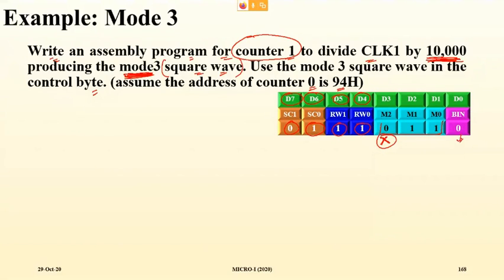And then we are telling the system that we will be loading the binary equivalent number for the count. The count is not going to be loaded in BCD format. So the count will be loaded in binary format. Anyone having any doubt why the control word register is like this? If not, then this particular combination is 7H, this 4 bits, and these 4 bits, 6H. So it will be 76H. This is your control word.